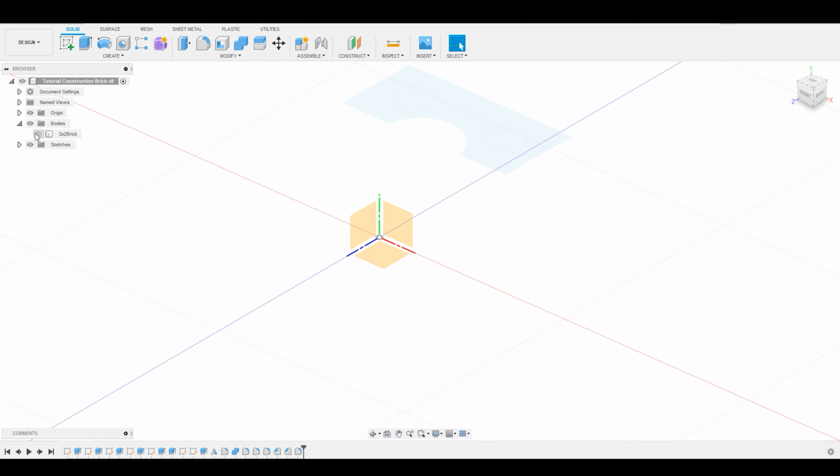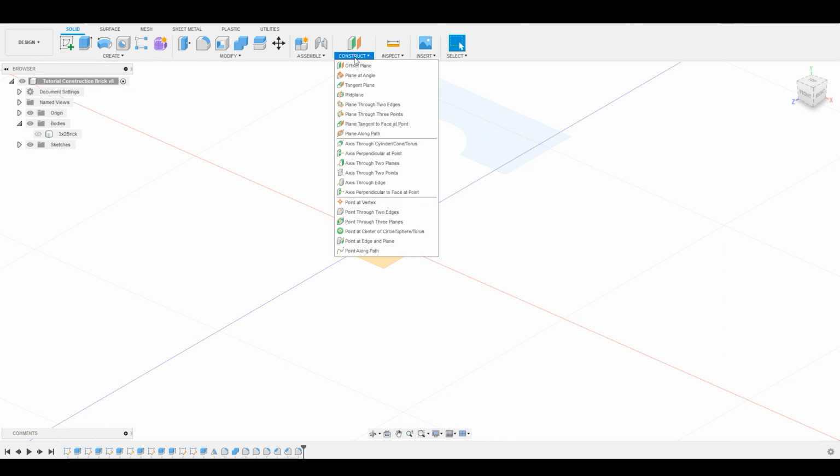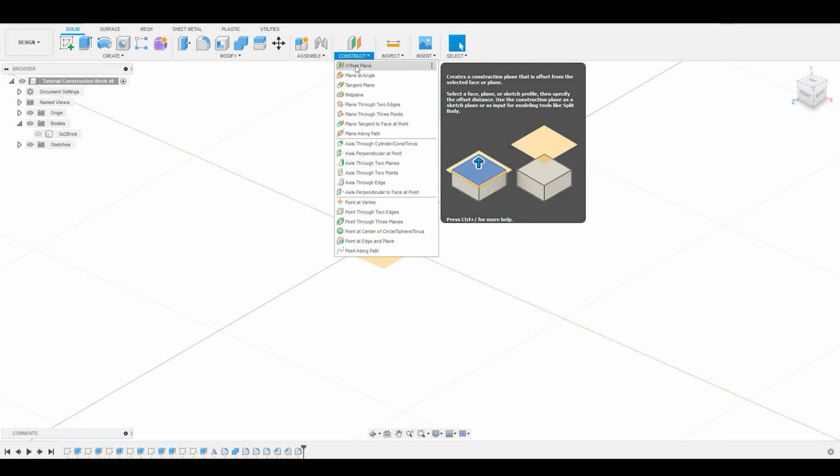Oftentimes you are going to need additional planes in other places to create your sketches. So rather than referencing geometry to create those sketches, we can offset them or somehow reference them to existing sketches. So let's go over here. Those planes are going to be under the construction tab. So if I click here, you can see there are a lot of different options. The one that I'm going to show you today is the one that I use most often, and that is